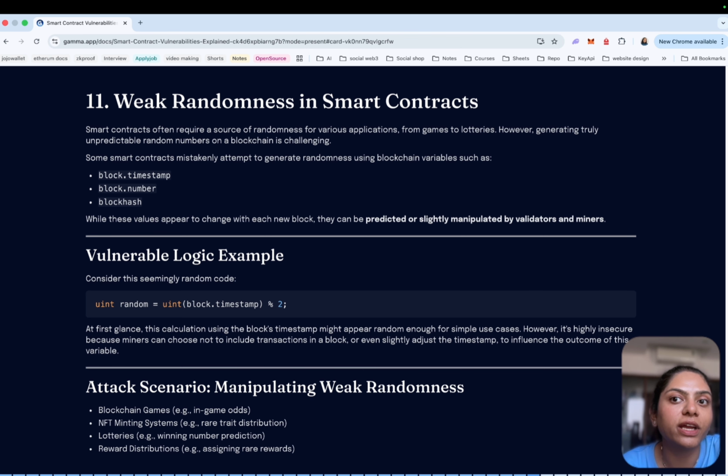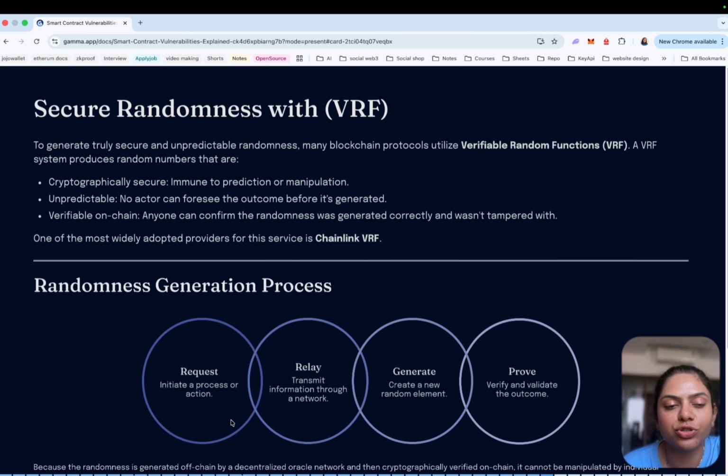This allows them to gain unfair advantages in games, lotteries, and NFT minting systems. So that is the vulnerability logic: uint random = uint(block.timestamp), because the randomness is chosen by the block.timestamp. The attack scenario targets blockchain games, NFT minting, lotteries, and reward distributions.